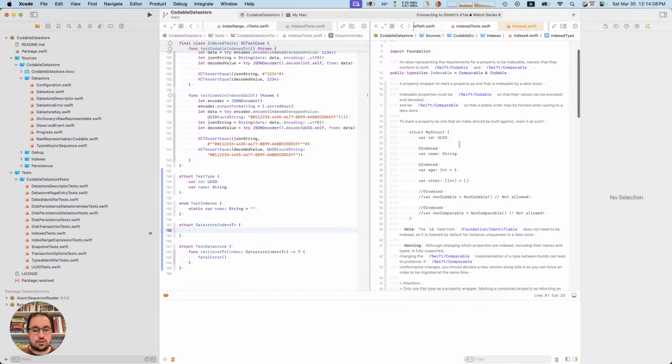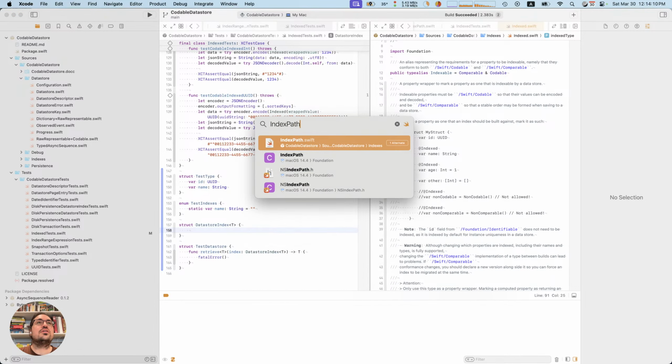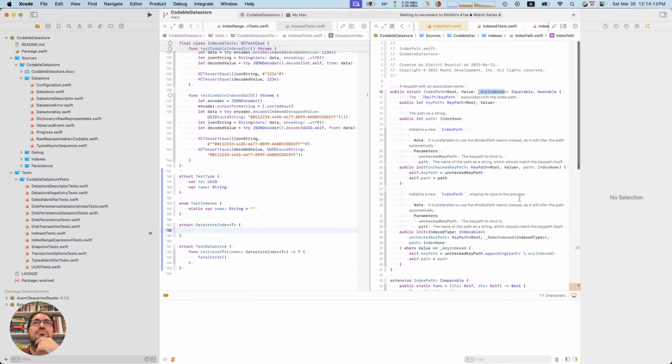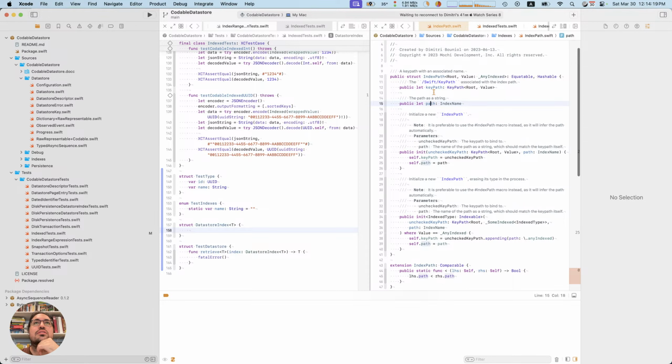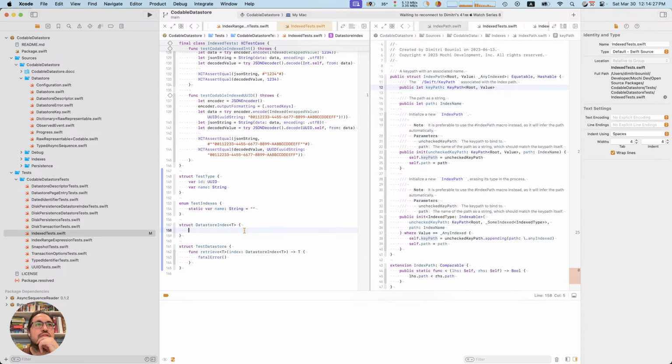And then there's an index path too. Yeah, so this has the name and a key path. Store index.